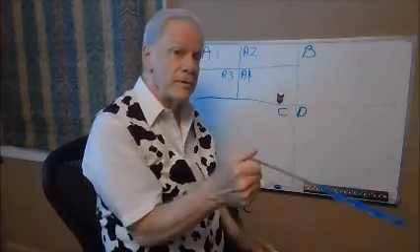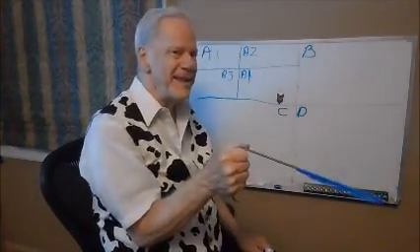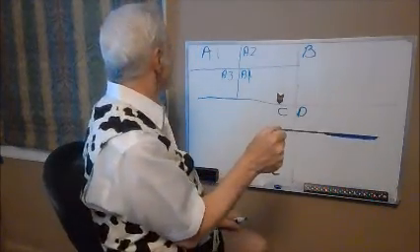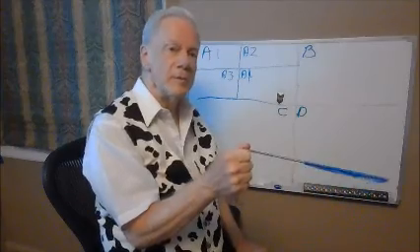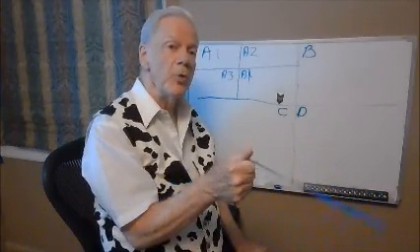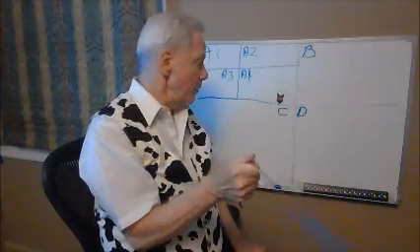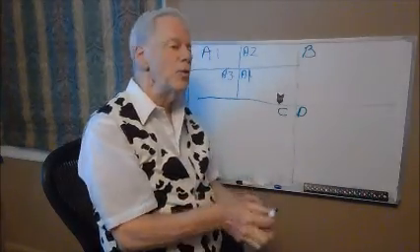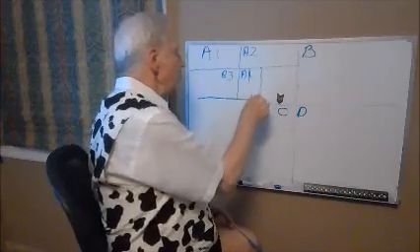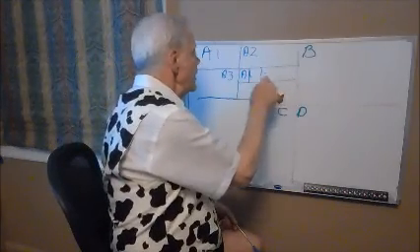Information dowse? You don't have to map dowse, you can information dowse. Is Rover the lost dog in A number 1? No. Is it number 2? No. Is it number 3? No. Is it in number 4? Yes. So what do you do? You knock box A4 into 4 pieces, and that becomes